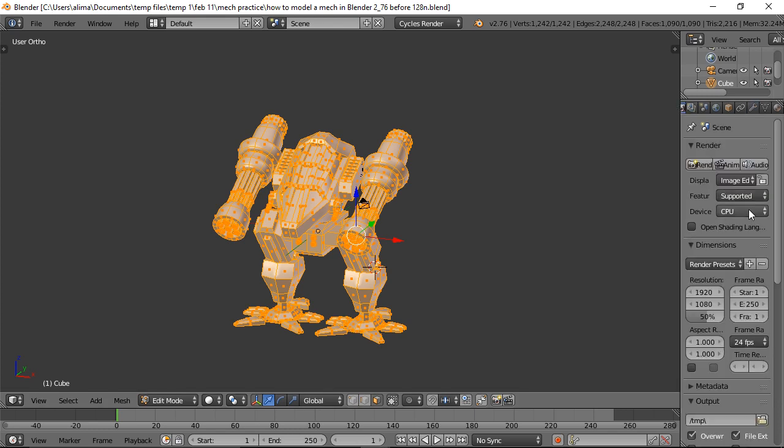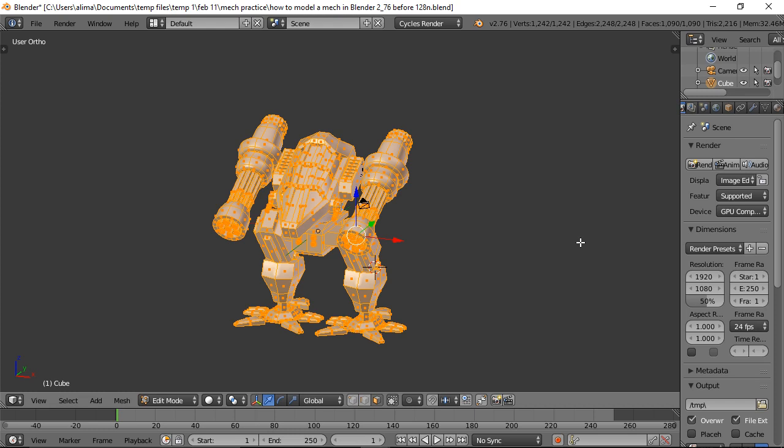I have the video processor, so I'm going to click here, and then I'm going to change the Cycles Render to work with my video processor. If you don't have the video processor, there's some other video processors that do work with Cycles in Blender 2.76. I'm not sure what they are. Anyway,